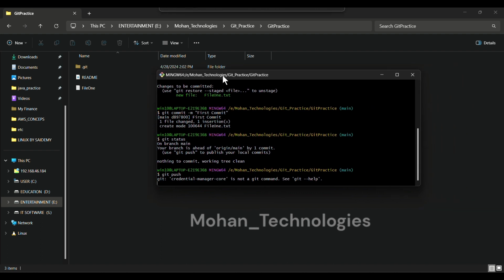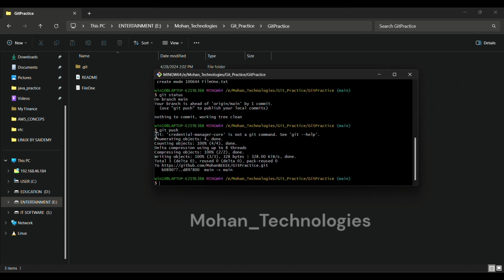And now if you could see, the GitHub credential manager has taken the GitHub credentials needed to push, and we need to concentrate on this. See, we always need to check whether it is done or not. If we did not get any done kind of response, then there is some error and it did not get pushed to the central repository. Okay, and then we need to see this, total 3, and